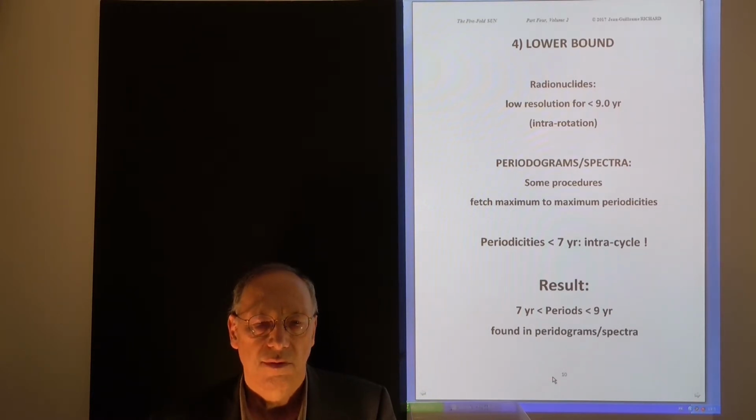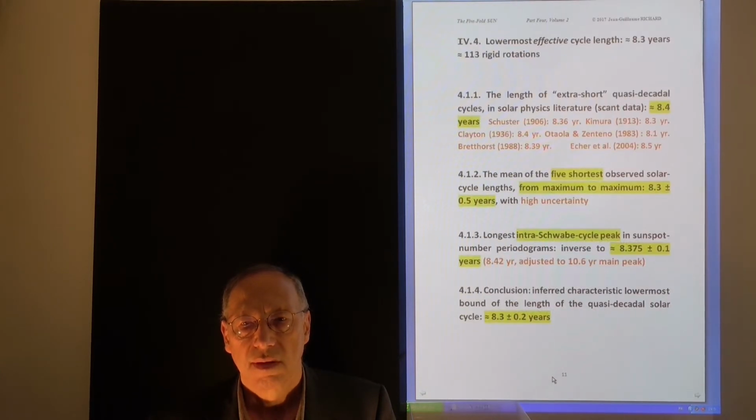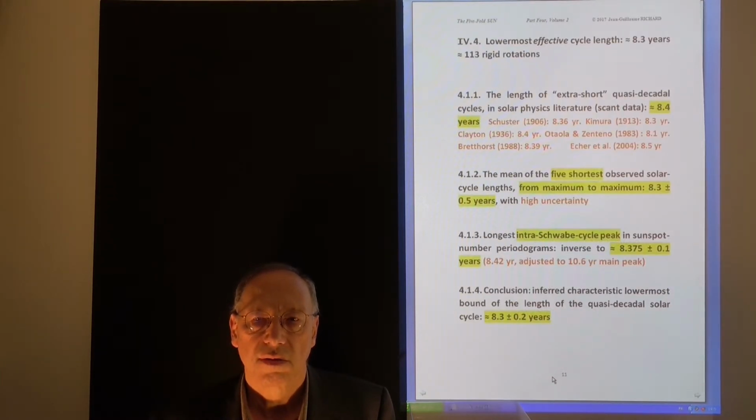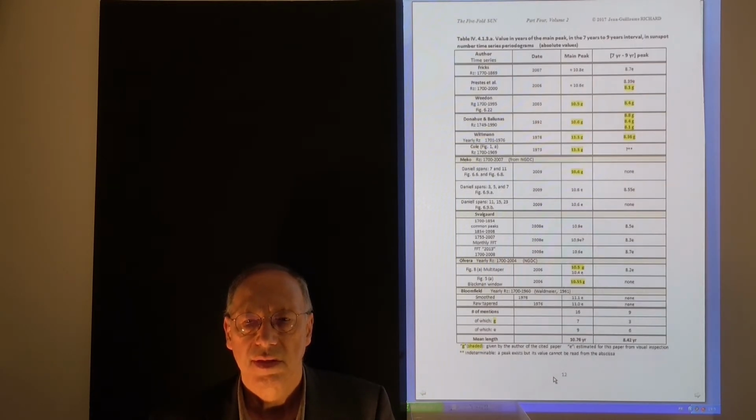And we find that the maximum to maximum periodicities include some extremely short intervals. There is in the literature a number of findings of a length of 8.3 years or 8.4 years in the sunspot record. This is an excerpt from a table in The Fivefold Sun as a book, in which you see on this column